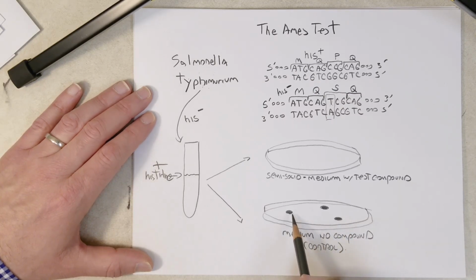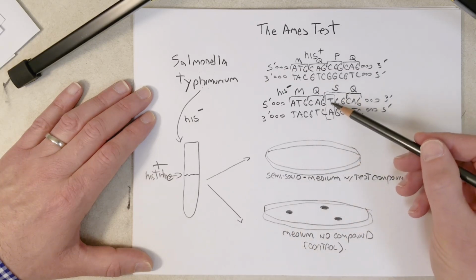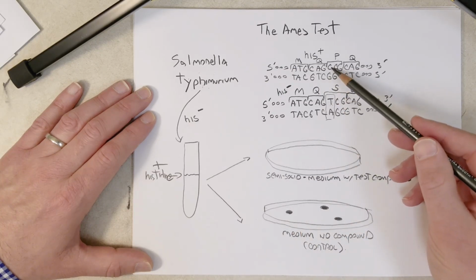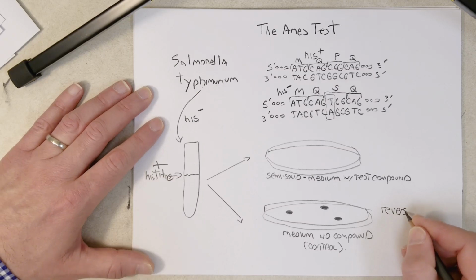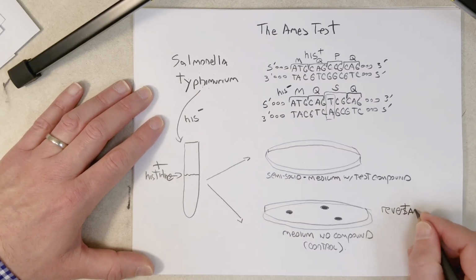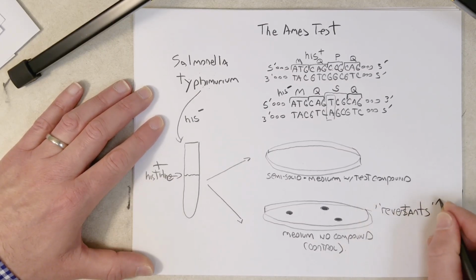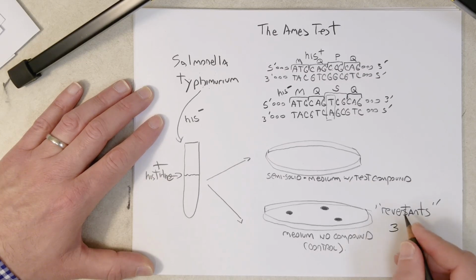So what that means is, the few cells are spread all over here, but in these locations, one of the cells underwent a spontaneous mutation where that T was switched to a C. So we're going to call that a reversion mutation. We're going to call these revertants. So 3 revertants